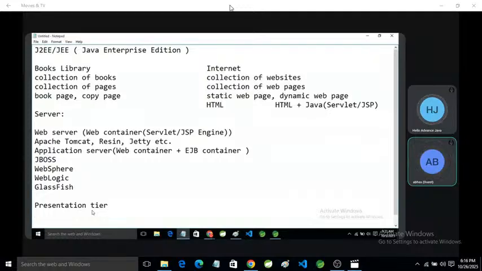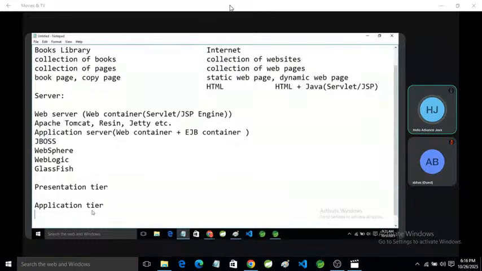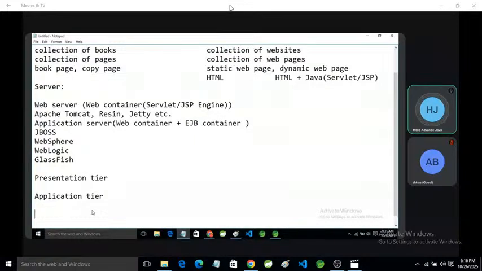Okay. Server only fetches the pages and downloads them on the client machine. It cannot develop any page. So here, presentation tab, application tab, because there are a lot of languages: Node.js and C Sharp, Python, PHP, and a lot of languages. So server cannot store all the languages' data.